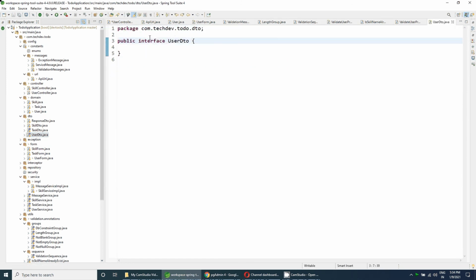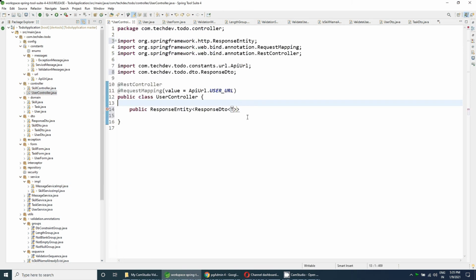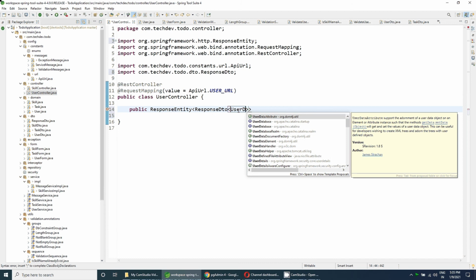Let me create this user DTO as a class, not the interface, and similarly the task DTO also as a class. Then go to your user controller. We will give the type of data which the response DTO will contain. So the response DTO will contain the type of user DTO data,